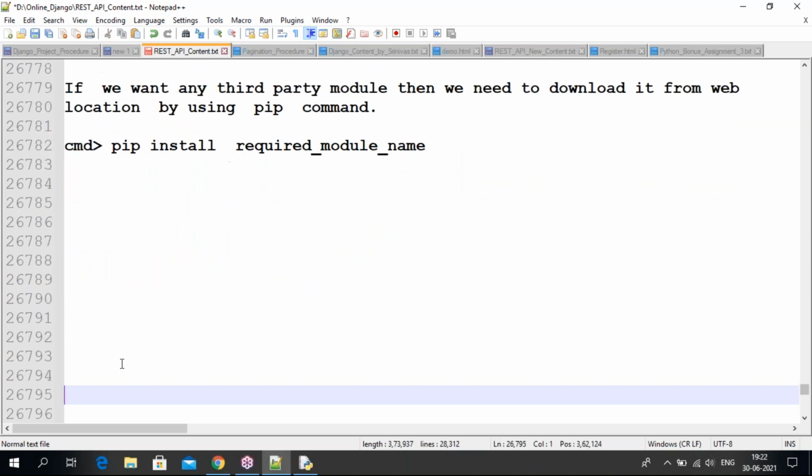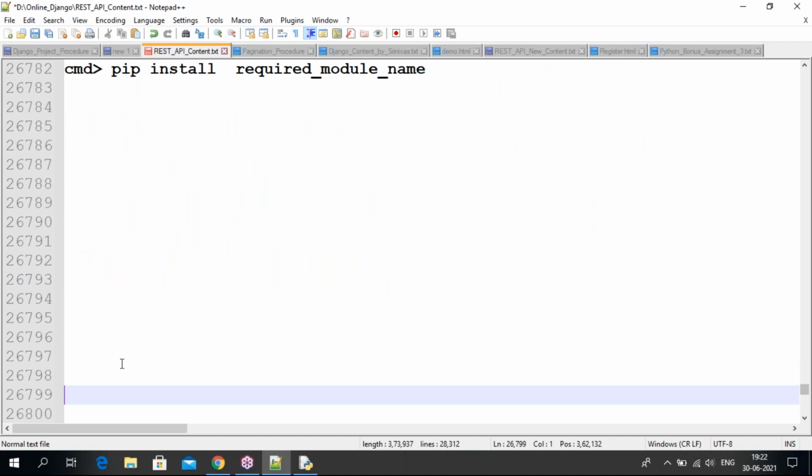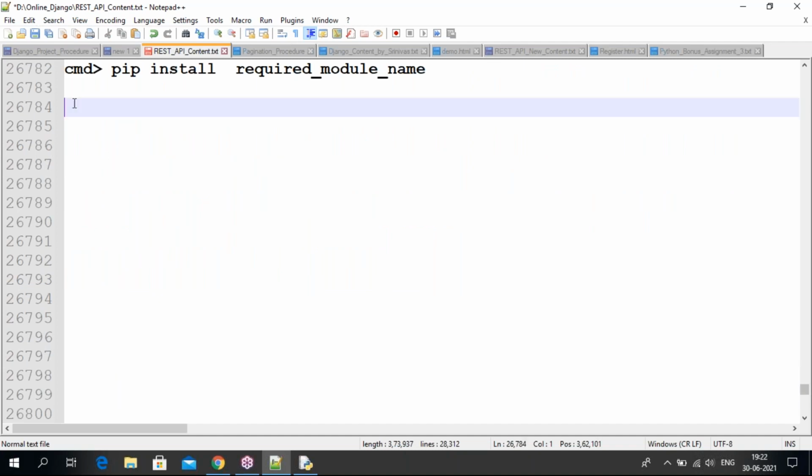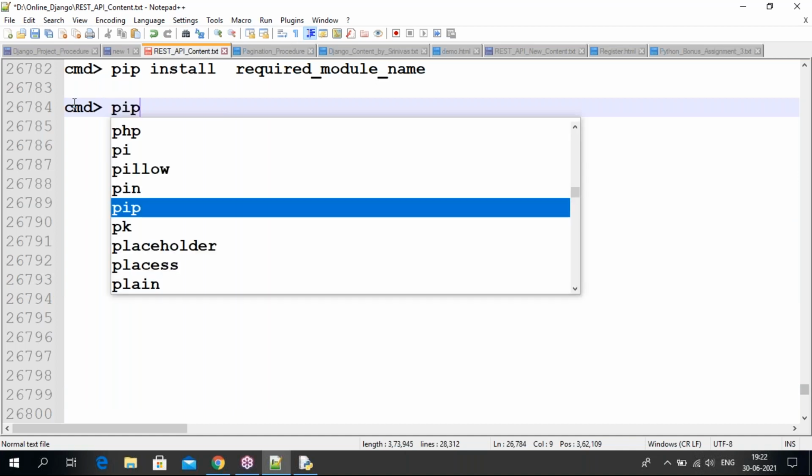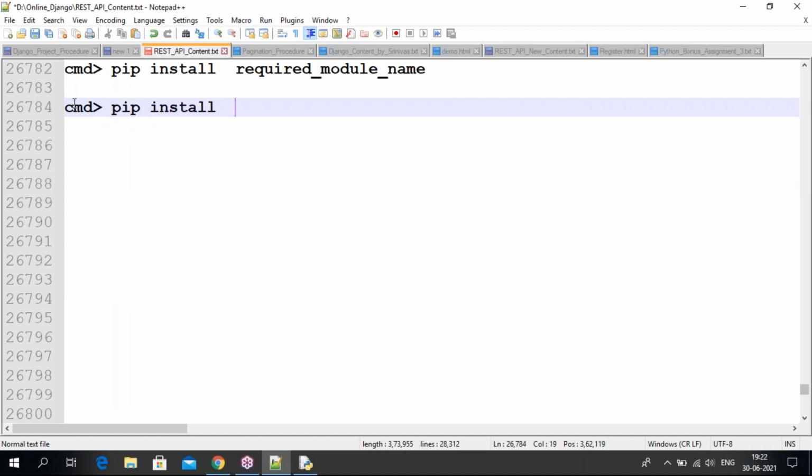I'm going to show you one small structure. At the time of learning Django, you get all these points. So pip install Django, that is how we install it, and the latest version comes.